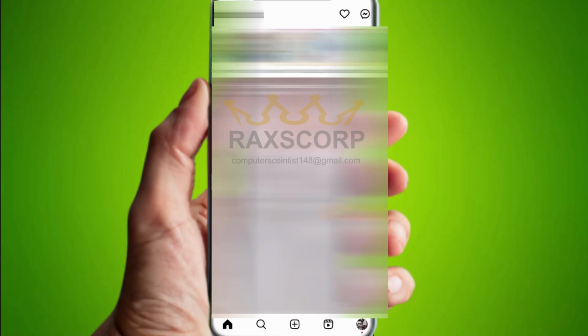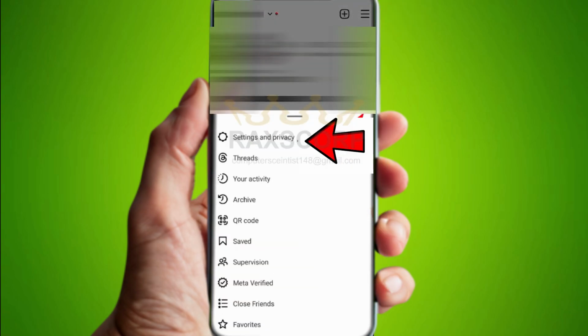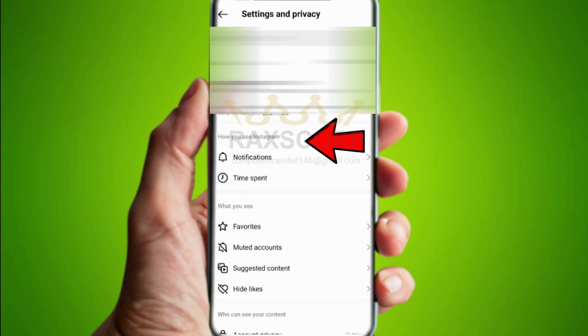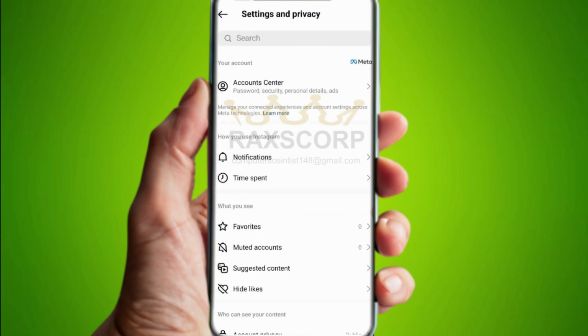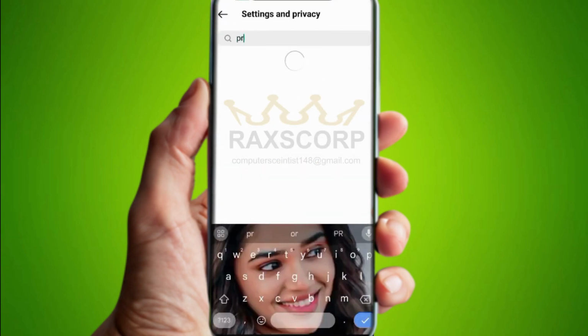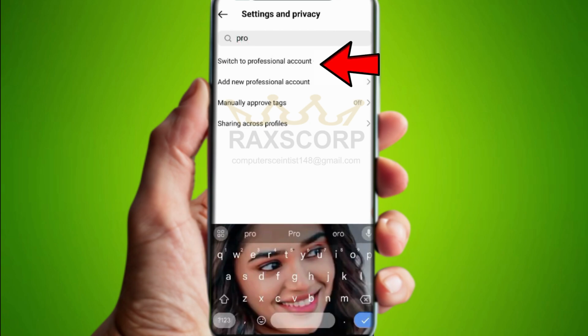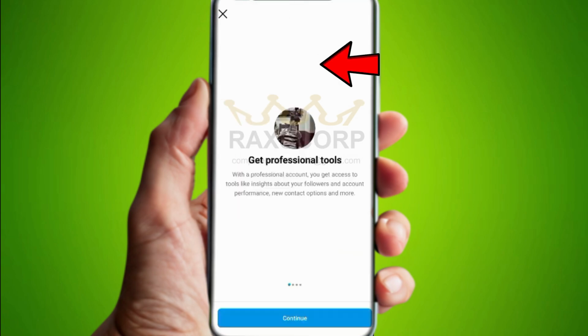First of all, you click on your account and click on these three lines. Now go to settings and privacy, and after it you need to type professional account and switch to professional account. Now click continue